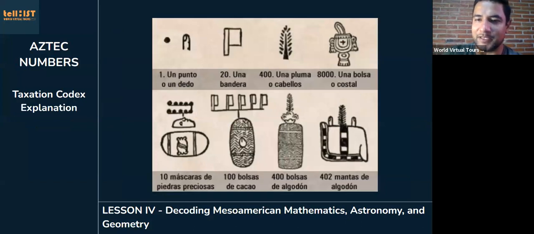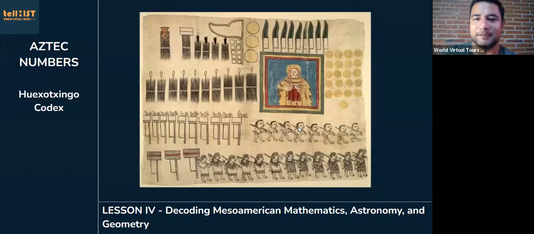Again, the same symbols that we mentioned. This is, for example, asking for 10 masks or precious stones. The symbols, the bags of cocoa, the bags of cotton. And these are the ones that the Spaniards wrote with the help of the Aztecs to ask taxes for the conquered people, okay? So, in the first years, the first decades of conquest and colonization, the other people didn't speak Spanish, they needed to ask,